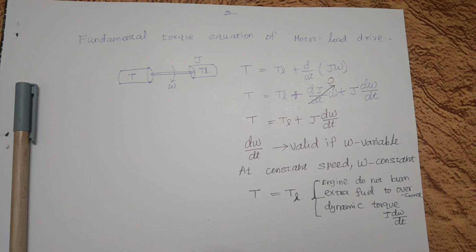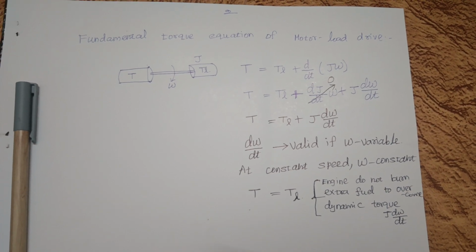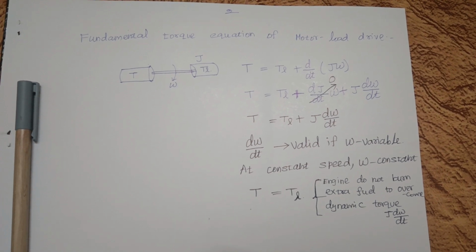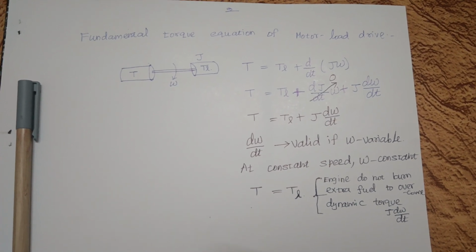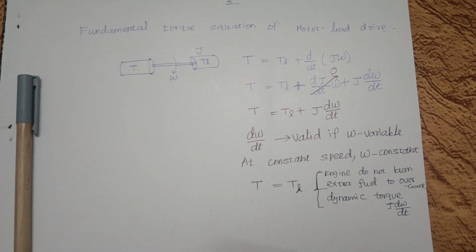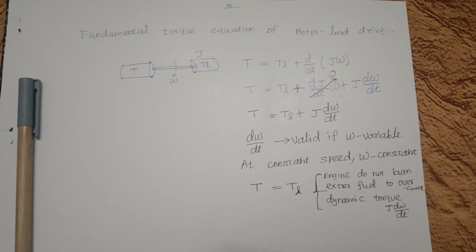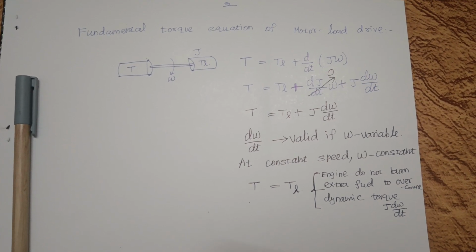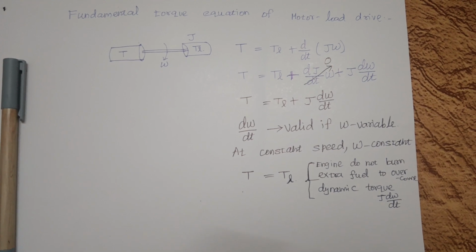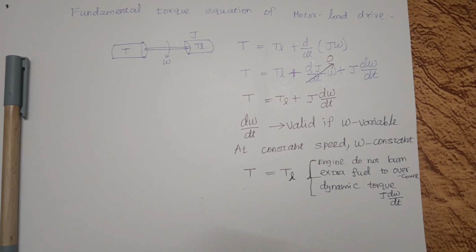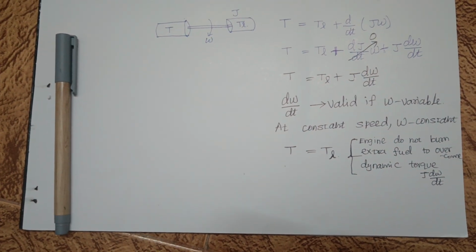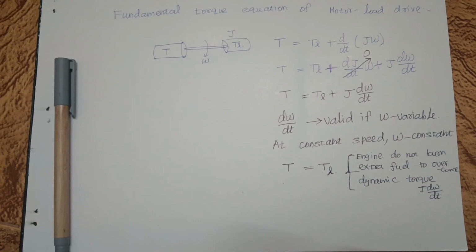If you keep the speed constant, then your dynamic torque component becomes 0. J into d omega by dt will come into picture if and only if you vary the omega frequently. If you keep omega constant, the differentiation of a constant becomes 0, so that dynamic torque becomes 0. At constant speed, omega remains constant, so that dynamic torque component becomes 0. Hence, you can write motoring torque is equal to load torque,